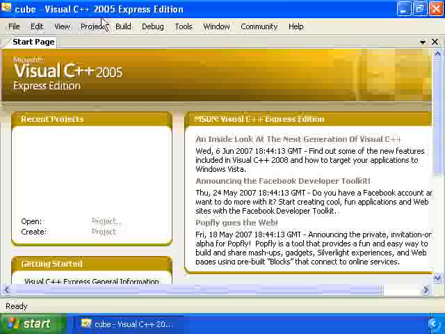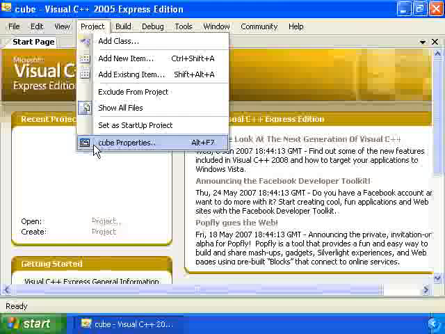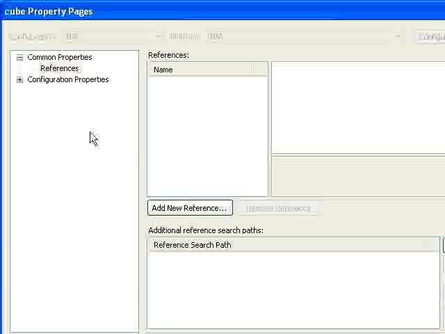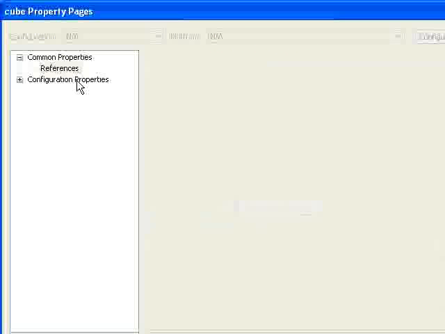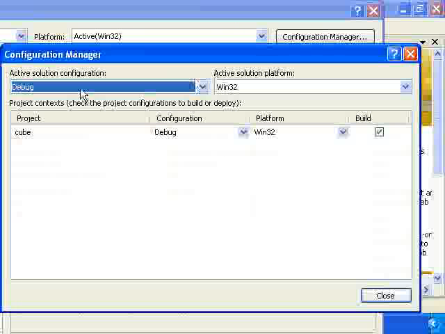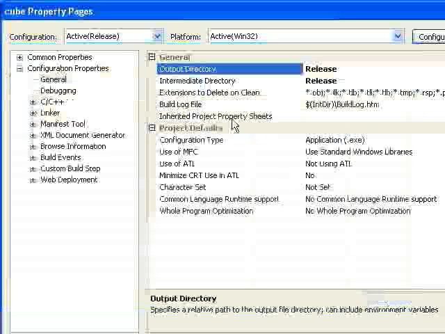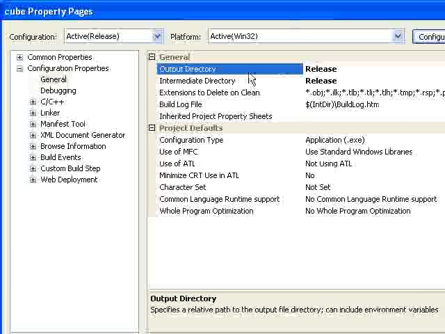So what you're going to have to do is change some of the project properties before you can compile it. So you'll go to Configuration Properties and click on Configuration Manager and change the configuration from Debug to Release. And you're actually going to want to, under General, change this output directory. This is the directory where Visual C++ will put the